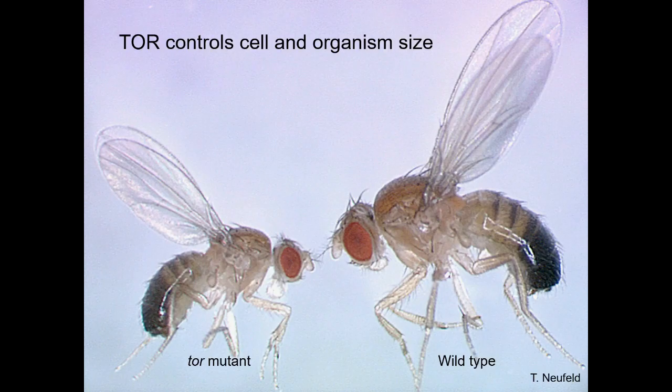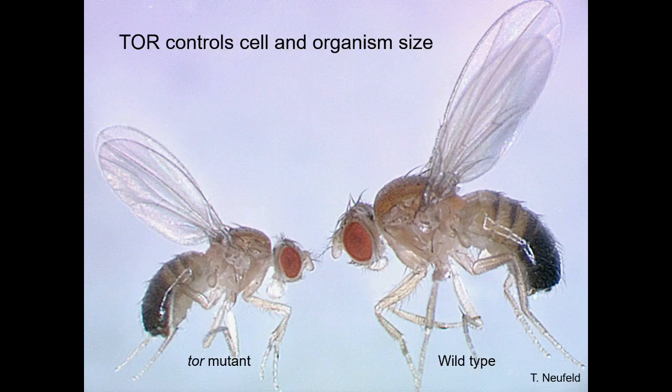And then Tom Neufeld asked the question, why is this fly smaller? Is it a number issue or a size issue? In other words, is it smaller because it has fewer cells, or the normal number of cells, but each individual cell is slightly smaller? And how would you ever do an experiment to test that? Well, what he did was he looked in the wing, because the wing is a plane of cells, so you can easily count the number of cells and measure the circumference of individual cells, and from that you extrapolate to the rest of the fly.